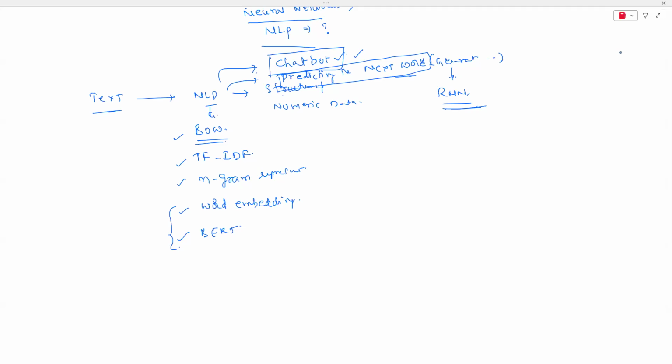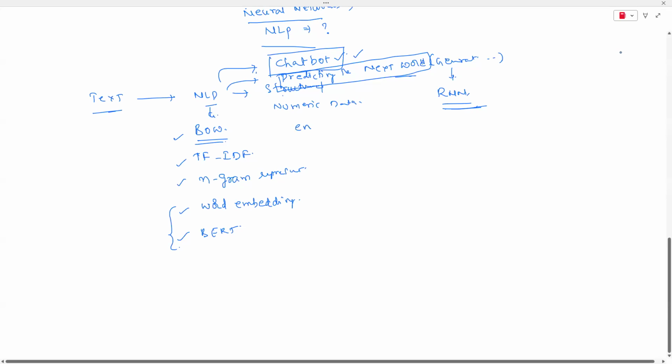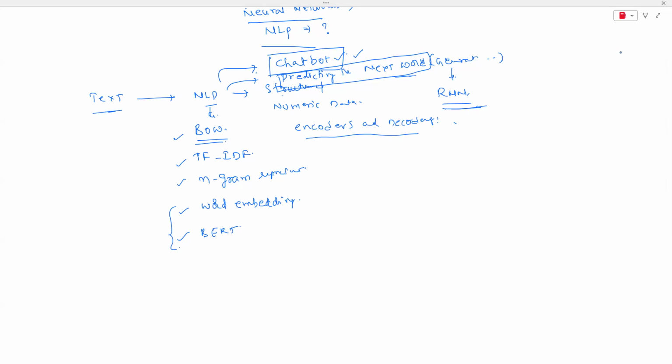Apart from that, I'll be discussing other NLP examples, like how to prepare word clouds. And as you know, nowadays encoders and decoders, I'm going to discuss those too. As part of the training program, I'm going to discuss everything at the implementation level. If you want to get more ideas, there are a lot of online resources. Going there, you can study and explore more about the implementation. That is what you have to do, not only with respect to NLP, but everywhere.